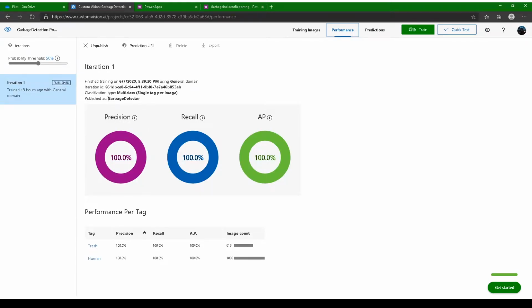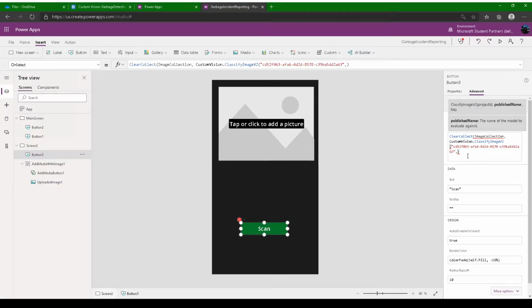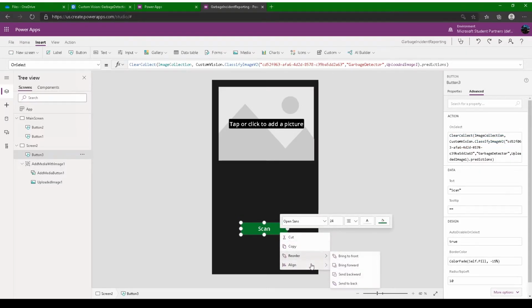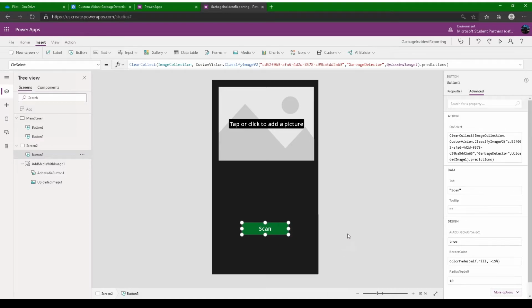I'm going pretty fast because I have already done a tutorial on this. So if you want to go in a detailed way, I have already uploaded a video for it. So next, it's asking for the file. I did tell you that the file which will be uploaded here would be called uploaded image1. So let's name it uploaded image1. There you go. What we need are the predictions, so just predictions. Now this button is programmed in a way that once you click it, it would scan this image and call the Custom Vision API and everything.